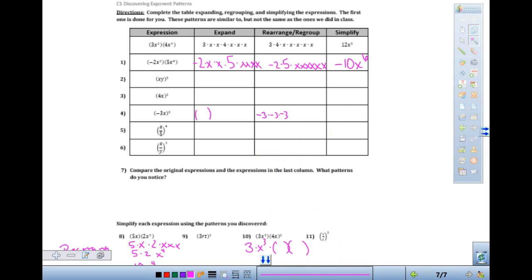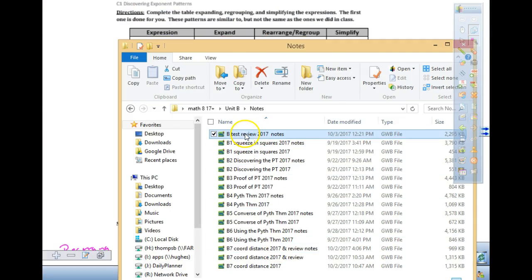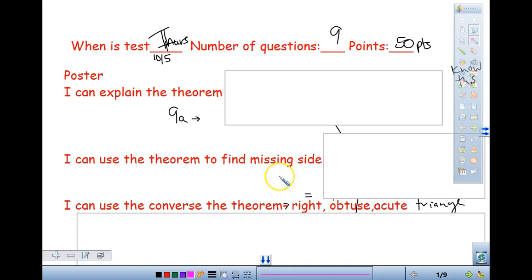Okay? So what I want to look at right now is, in Unit B, any other questions from your review of your test. And in particular, I want you to look up here at the board, and as you look at